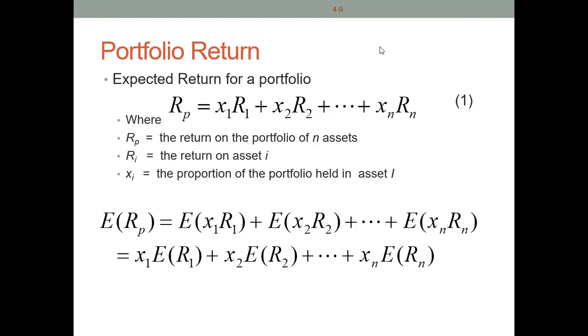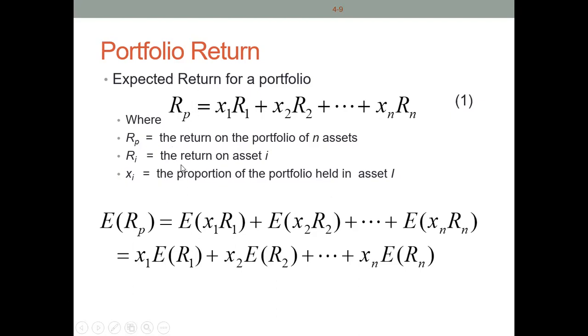Sometimes the investor would like to add a 50-50 contribution of two assets in a single portfolio. But whatever the weight of the assets in a single portfolio, we will multiply the weight of a particular asset with the return of the asset, and then we will add the return of a second asset along with the weight of the second asset, and so on. Finally, if we add all the returns and weights of the portfolio assets in a single portfolio, we will calculate the return of a portfolio.